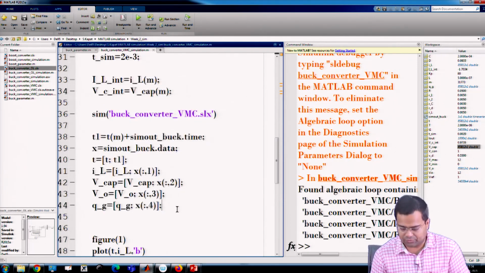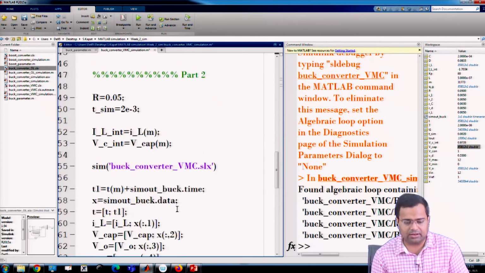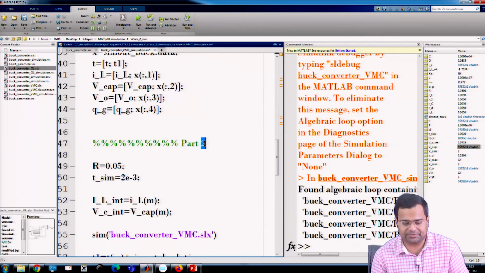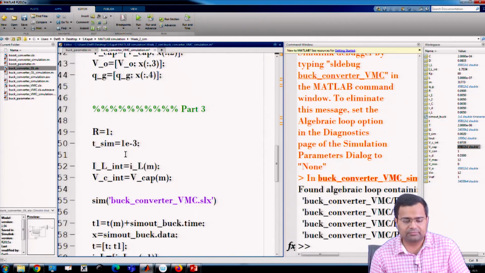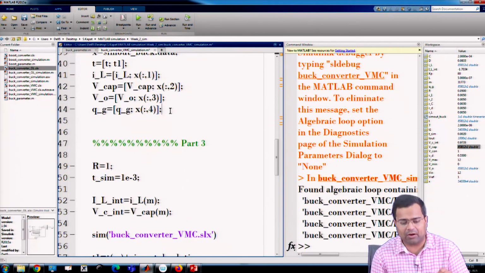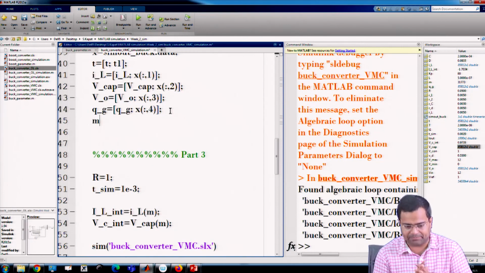So what I will do, part 3, now we go back to, let us say, around 1 ampere, 1 ohm. Maybe this time we change the simulation time. It will again take, but now we have to call what is my m, and m is again the length of IL.